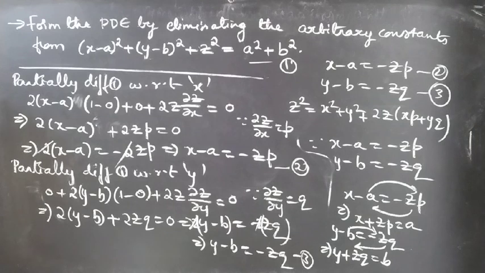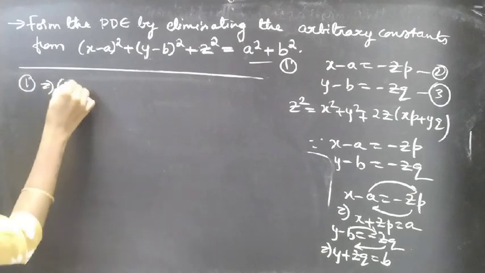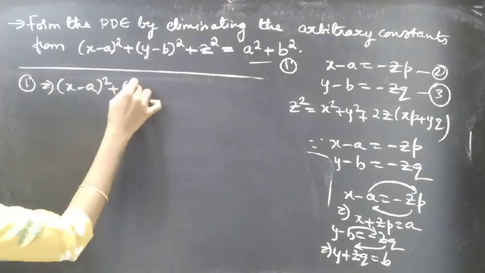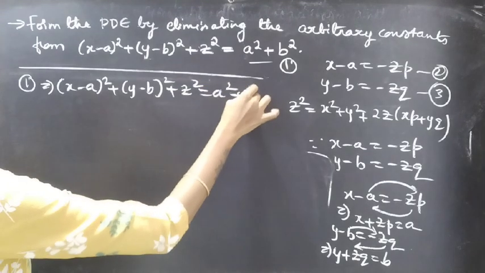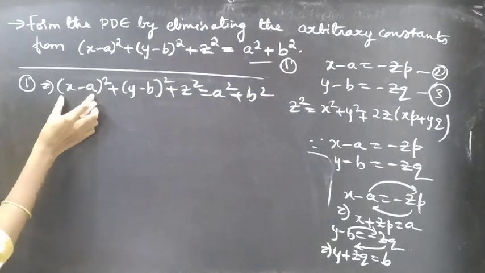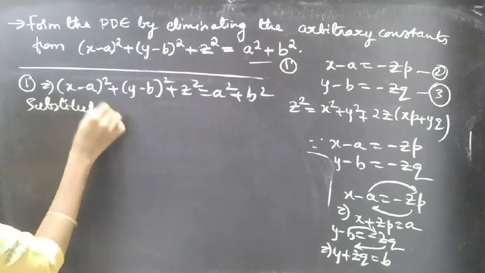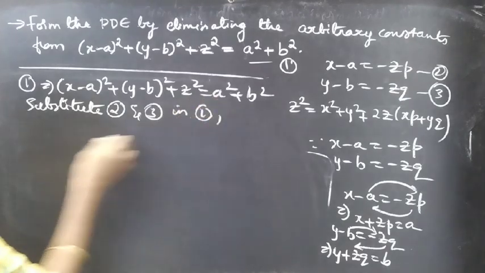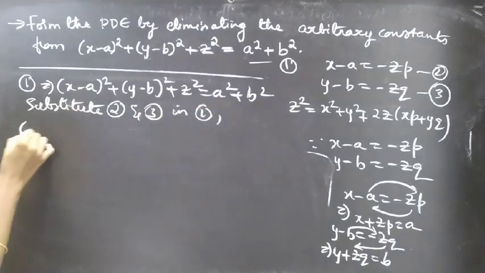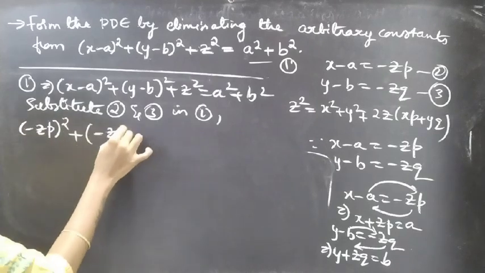Now observe 1, 2 and 3. Just substitute 2 and 3 in 1. We have 1: (x minus a) whole square plus (y minus b) whole square plus z square equal to a square plus b square. Now substitute 2 and 3 in 1. We get, replace x minus a by minus zp, you will get (minus zp) whole square, plus replace y minus b by minus zq using 3,